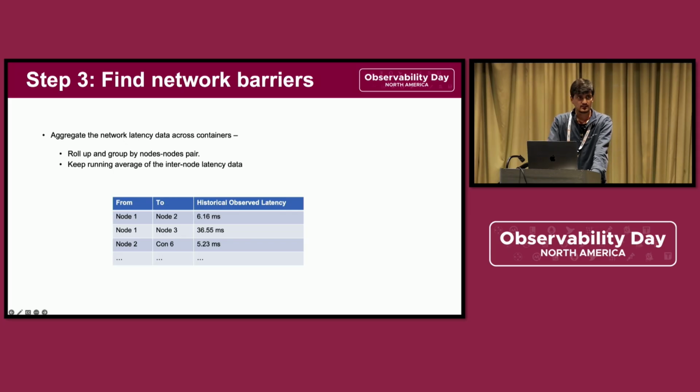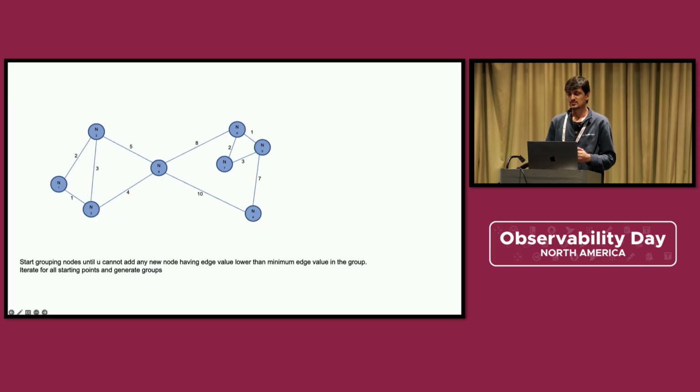And once we have this, the last stage is basically to group the nodes which are close and which are not. So it simply becomes a graph problem, where you have nodes as actual nodes, and the edges are the average latency that we just found. So it's all about clustering the nodes, and you can use any of the existing